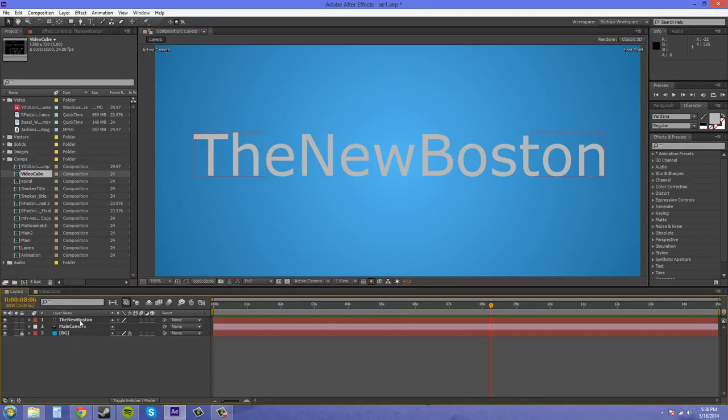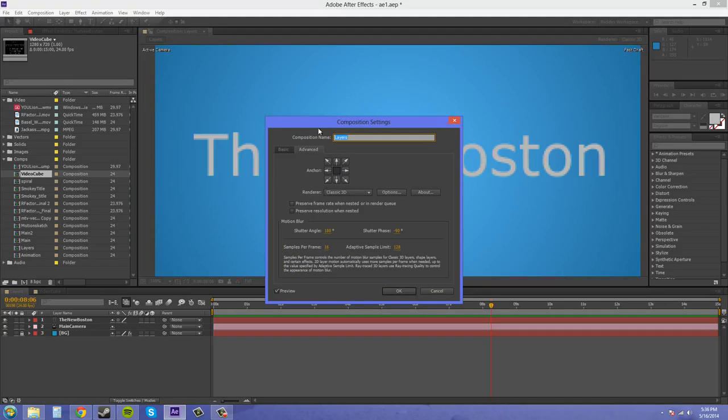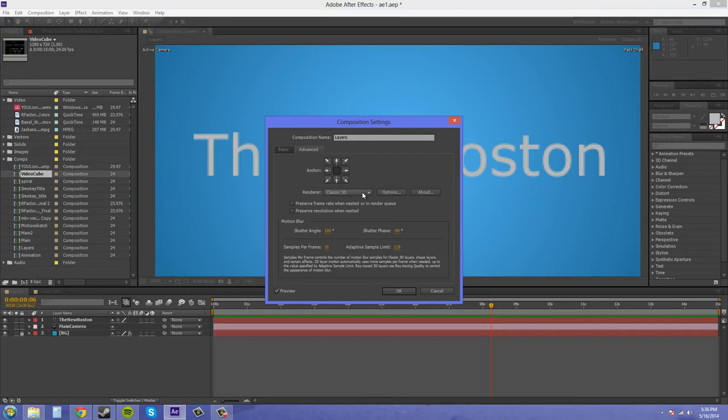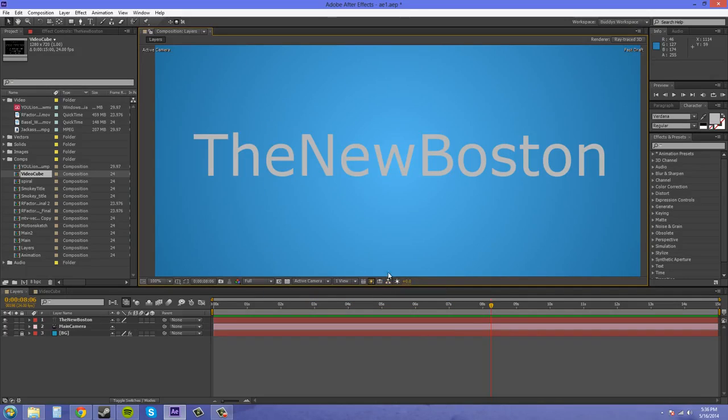Let's go into a new setting here, and it's up here at the top where it says Renderer, and right here it says Classic 3D. Well, we want to click on that, and it's going to bring us to our composition settings. You probably remember this page. So if you click on the Advanced tab in your composition settings, you can change this renderer here to Ray Traced 3D. Now this allows us to show things in 3D within After Effects, and it renders it within the composition preview panel. So we're going to make this 3D